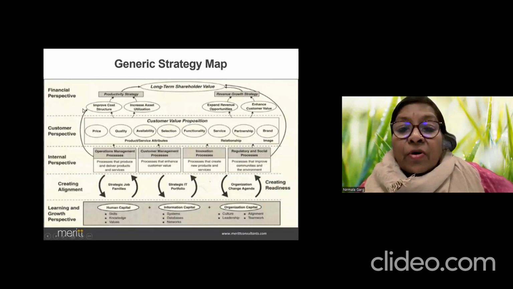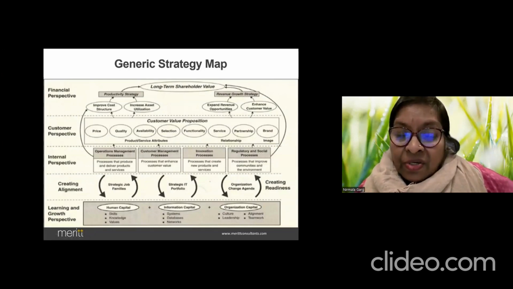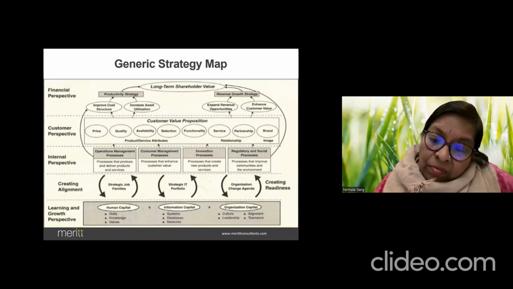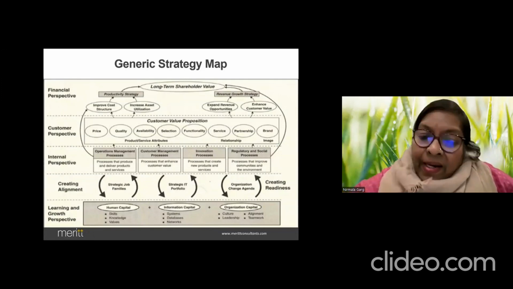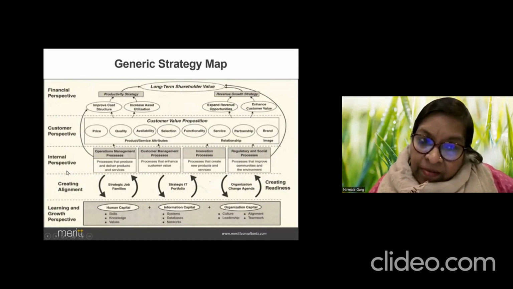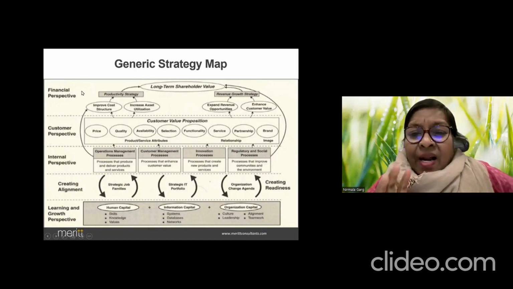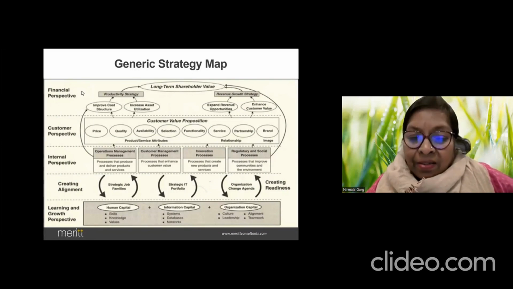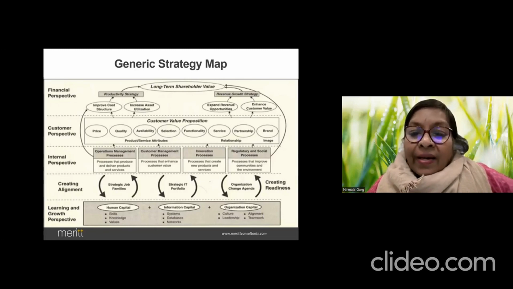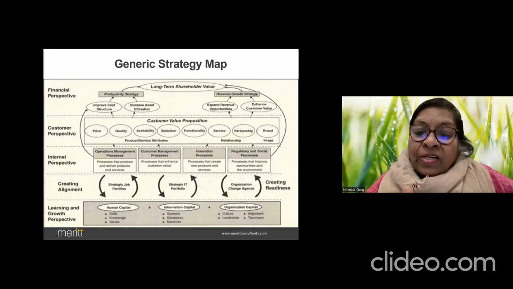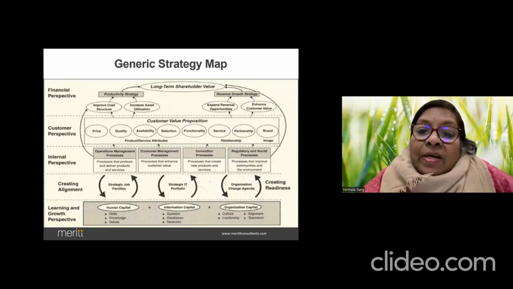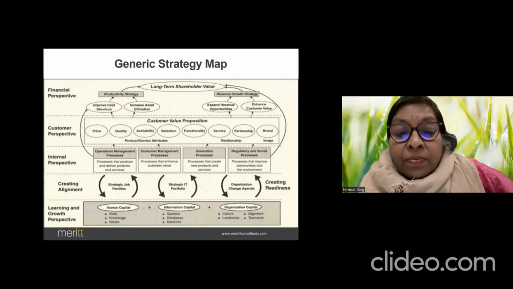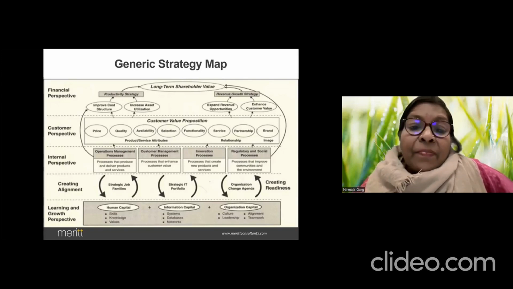Now you have created your business strategy. And now this strategy has to be broken down and aligned into these four perspectives, because if strategy is kept as a strategy, it cannot become operational and tactical. So, how do you make it operational, tactical, and ensure that it is drilled down to the last mile? It is through this balanced scorecard. So, first of all, you build a balanced scorecard at the company level.